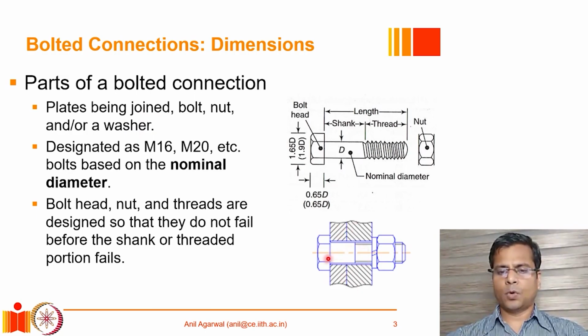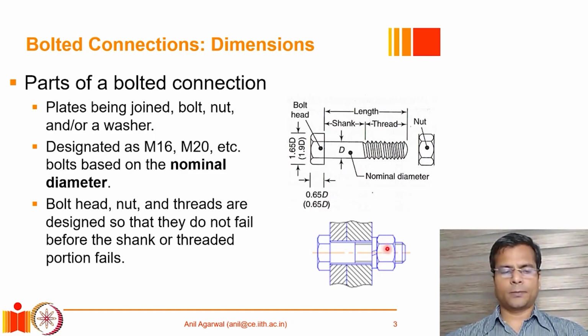There is a hole in both these plates, and those holes are aligned together. Then there is a bolt that has to pass through the hole. There is a nut that is used to tighten and clamp the bolt, and also there is a washer. The washer is required to uniformly distribute the stresses over that surface, and also to keep the